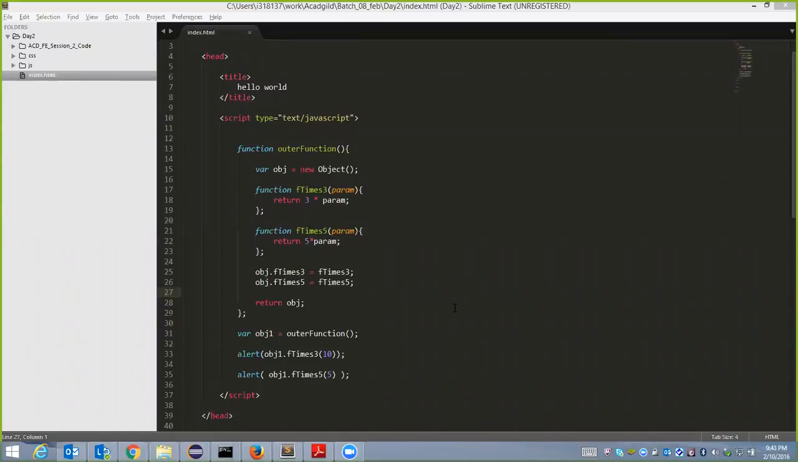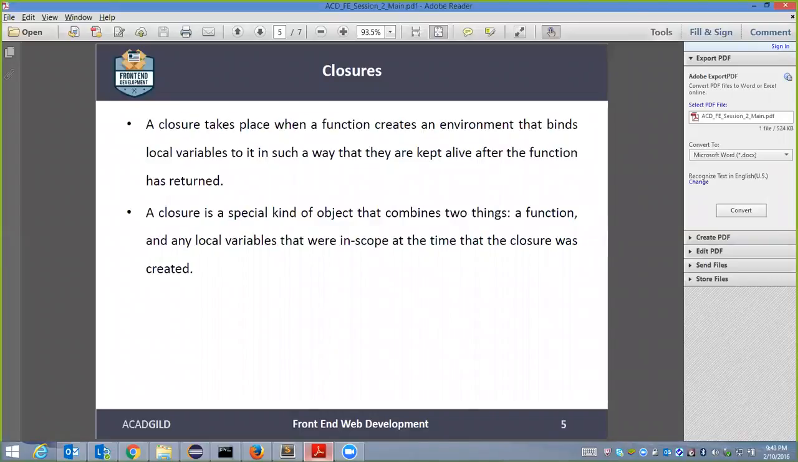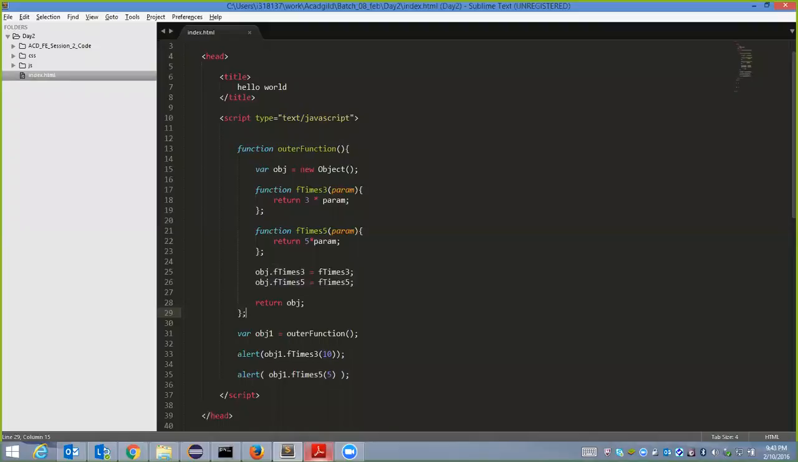Okay, let's proceed. We have done the inner function. Now let's move on to the next concept, which is closure. Closure is a pretty interesting concept. So if I explain in real life what a closure is, if I tell you from a real life example,